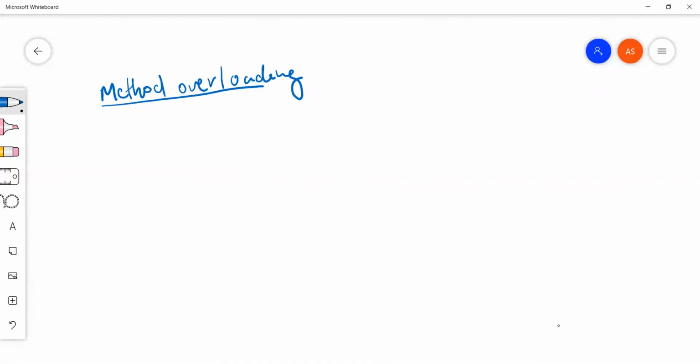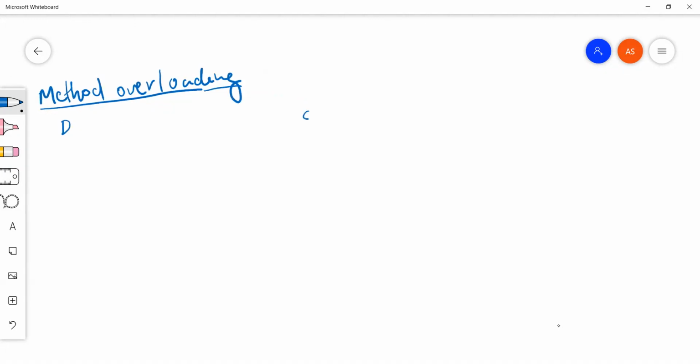Method overloading is basically a process of defining more than one method with the same name with different parameters in a class. So for example, let me take an example. We have a class Test.